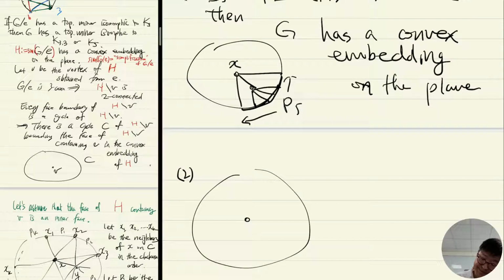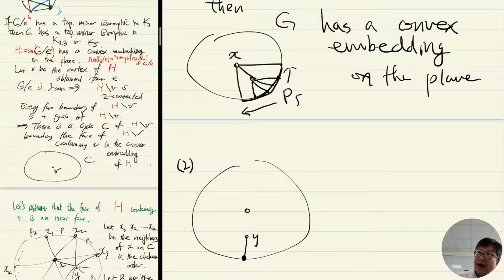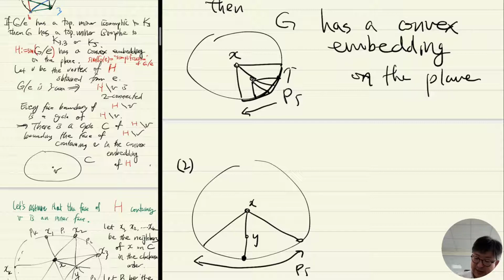If I have some vertex, some neighbor of y, and this is in the Pi, this is x, and some vertex, if y has some neighbor outside of Pi. Yeah. So if y has a neighbor